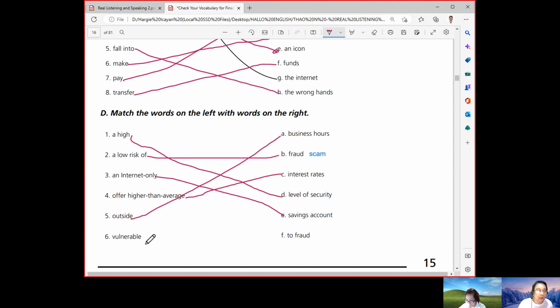Next, what about number 6? Vulnerable to fraud. Sometimes money is vulnerable to fraud, because it's money, and people will take advantage of it. They will think of a scam in order to get your money. That is what we call vulnerable to fraud. That's why in choosing a bank, we should choose a bank that is legit and will not scam our money.